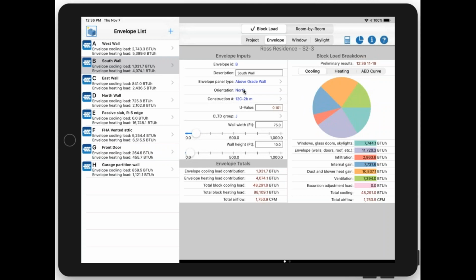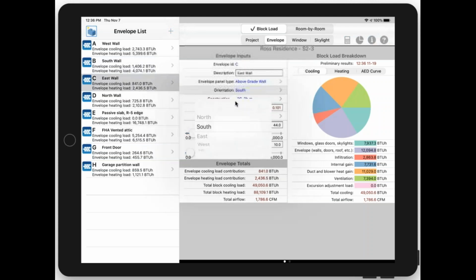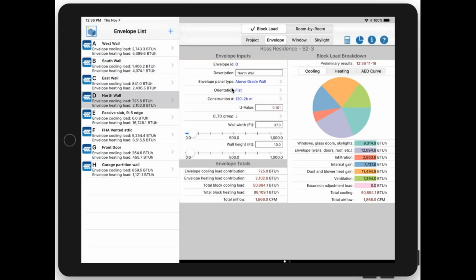Okay, let's look at the south wall. And let me change that to south. Same construction. Let's look at my east wall. Actually, let's change that to east. And then north wall. All right, so now we have 4 outdoor walls selected. Now let's go down and look at a